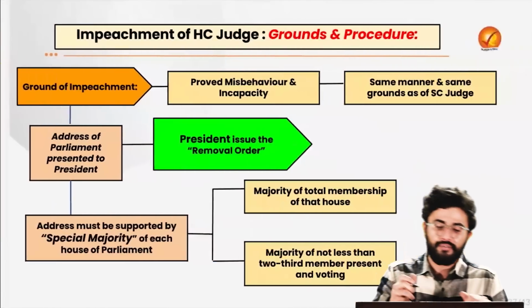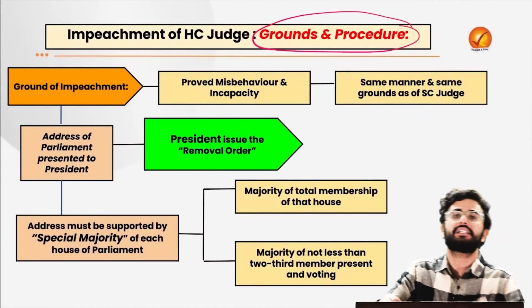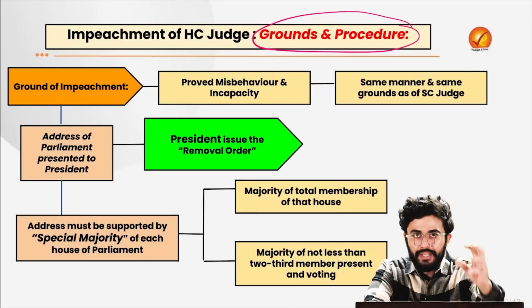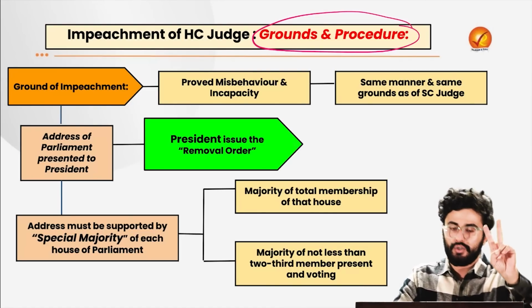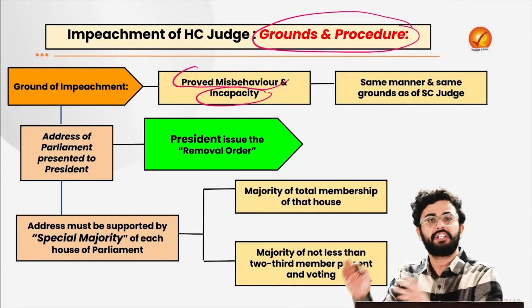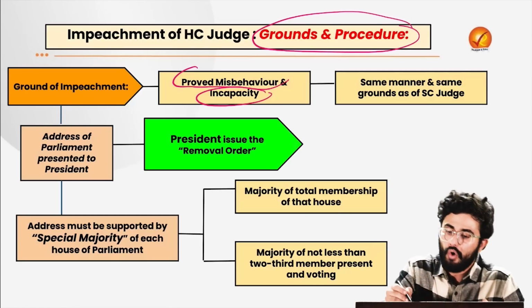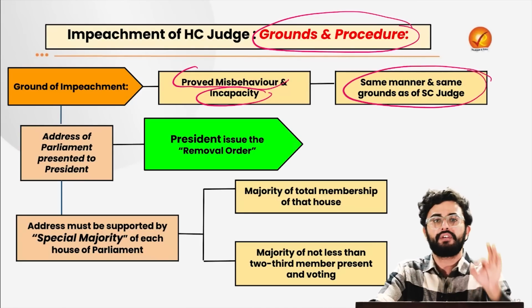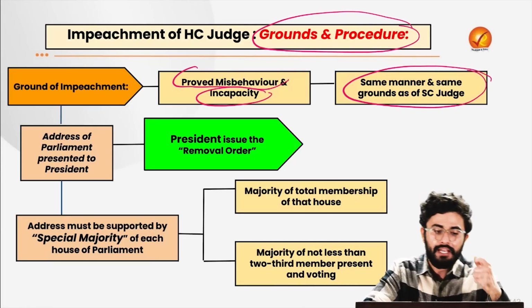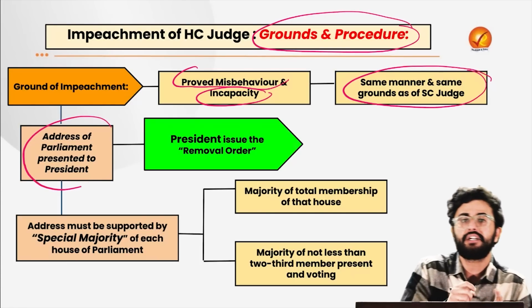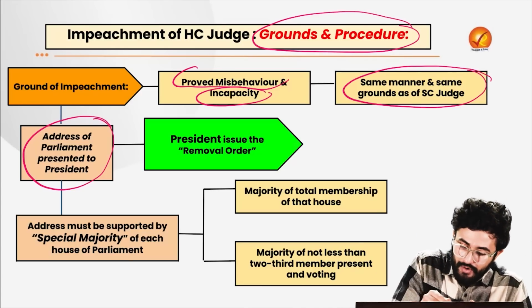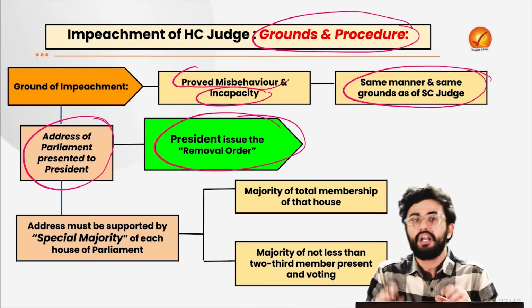Now we are going to shift our focus towards the grounds and the procedure for the impeachment of a High Court judge. What are the grounds on the basis of which a High Court judge can be impeached? There are two. First is proved misbehavior or the incapacity of the judge. The same two grounds also exist for the impeachment of a Supreme Court judge as well. First, what takes place? First, there will be an address of parliament which will be presented to the president. Who has the power to remove the High Court judge? That power actually lies with the president, who